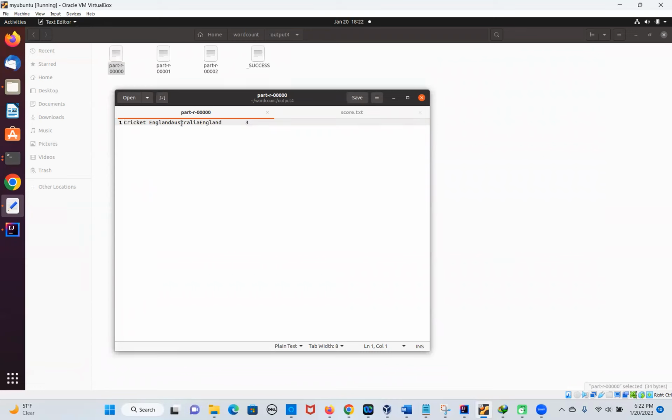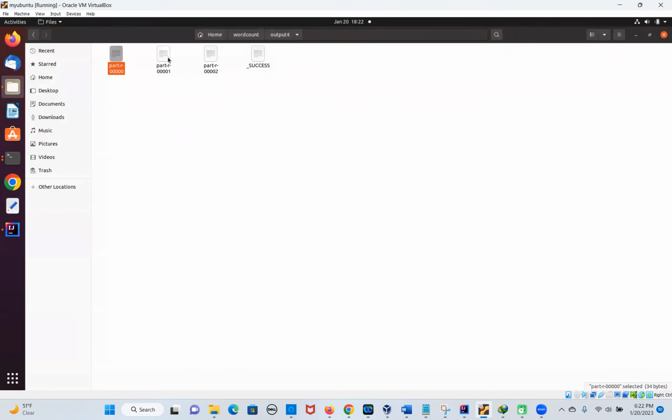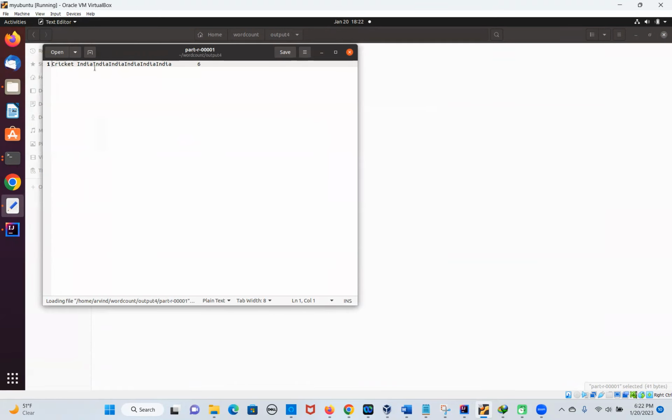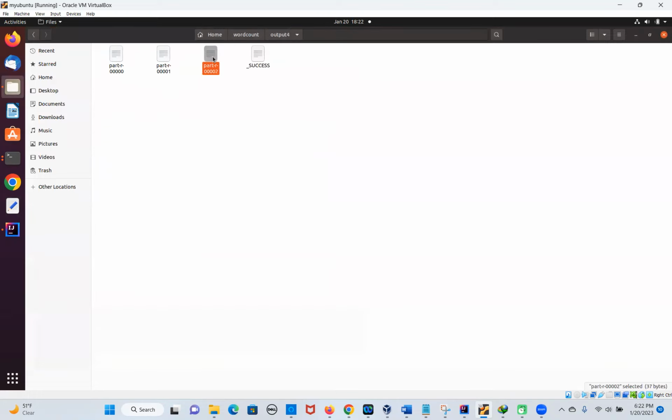So here I can see the India name is not there, right? So it means my first condition is correct. The game is cricket, but not India. Okay, the second one we see. Here all India is coming, right? So that condition is also good. Total number of times 6. And the last one is